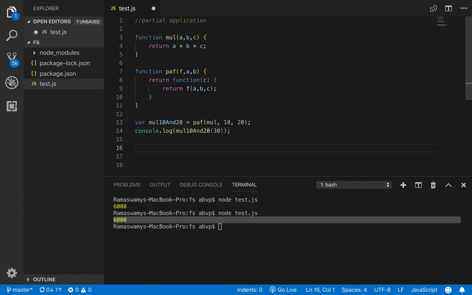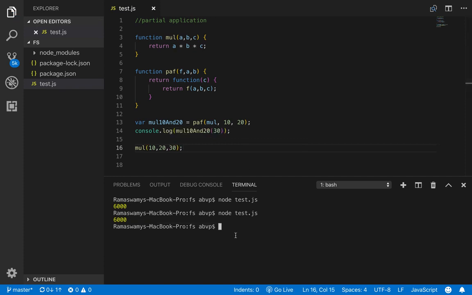Now guys, very well we could have called mul directly and then passed in the value of a, b and c. We could have said 10 comma 20 comma 30. We get the same result. We are not seeing the result because we need to do a console.log.